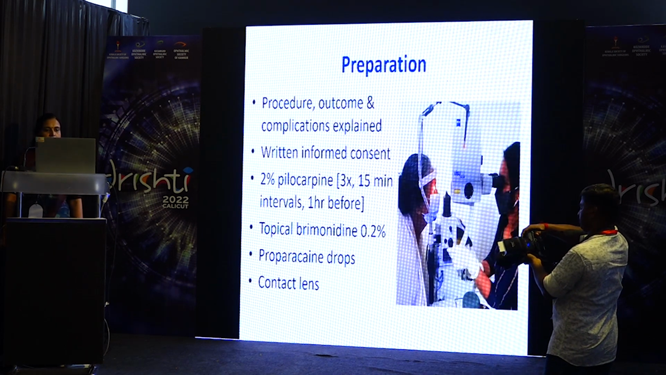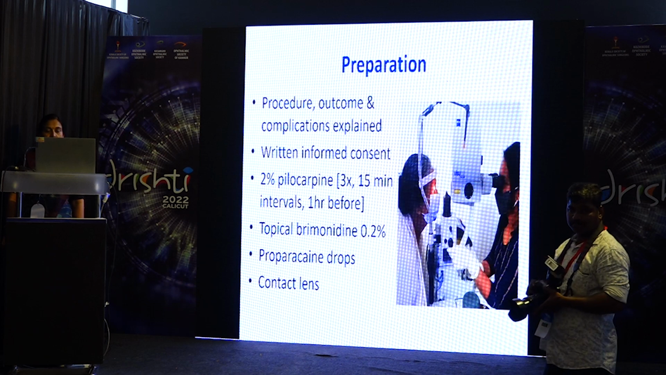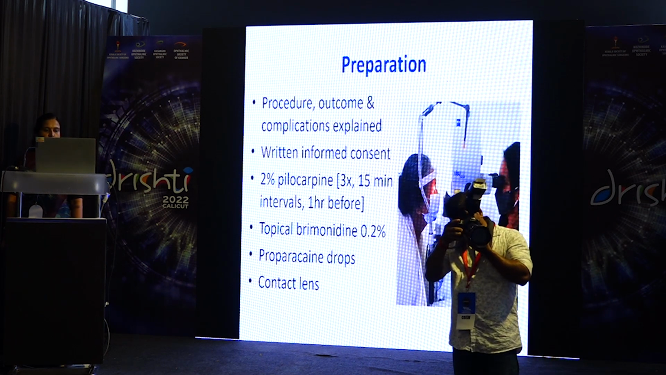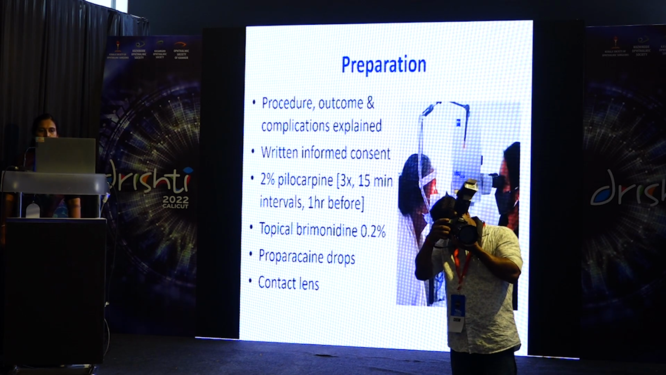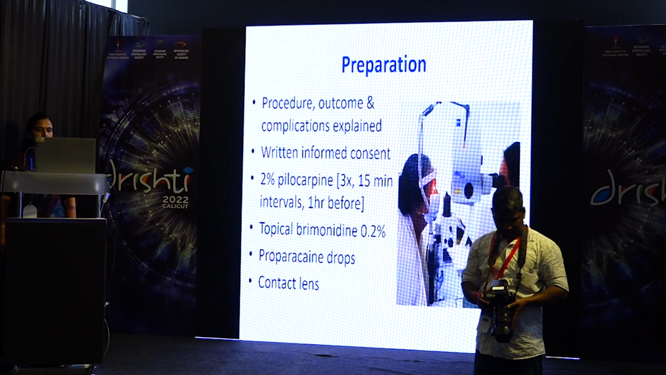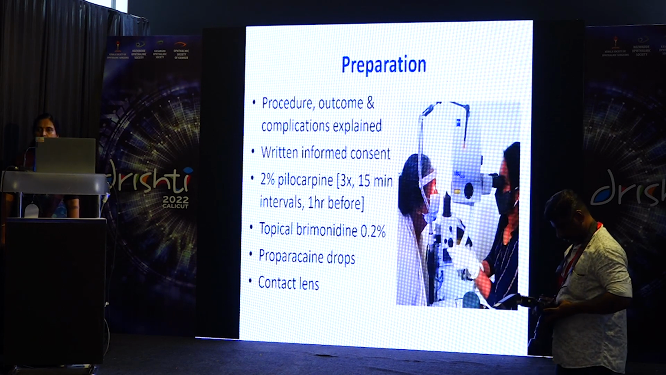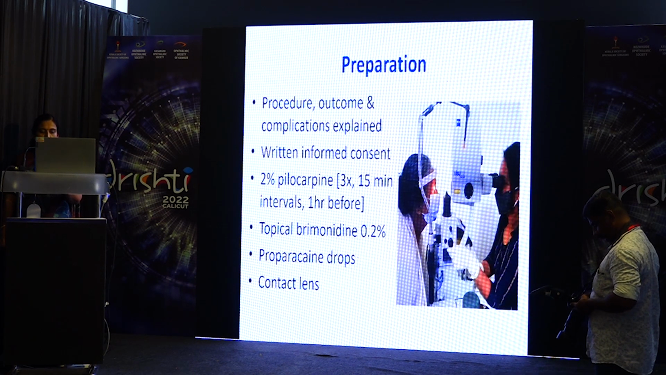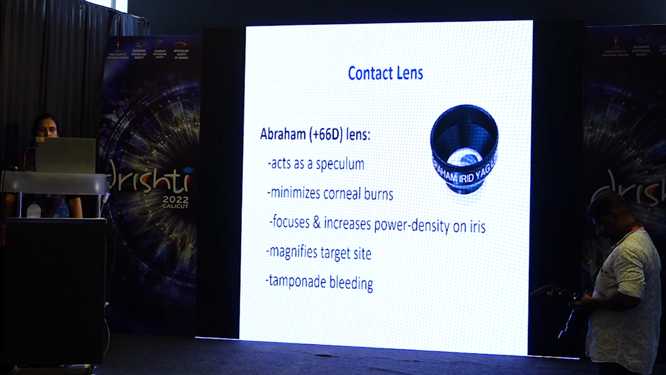Coming to the preparation, you have to get a written informed consent before the procedure. You can apply 2% pilocarpine to stretch the peripheral iris, and it has to be thin. Then you have to apply 3 times at an interval of 15 minutes and 1 hour before the procedure. You can apply topical brimonidine to prevent the post-procedural IOP spike. The patient has to be seated comfortably, anesthetize the cornea. You have to use a contact lens, and we usually use the Abraham lens, which has a plus 66 diopter